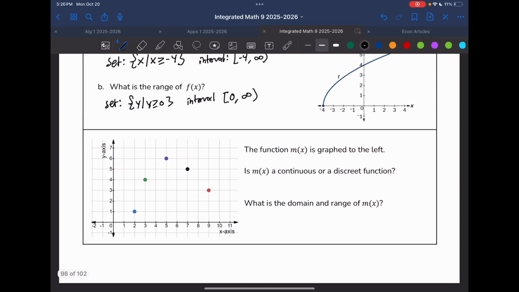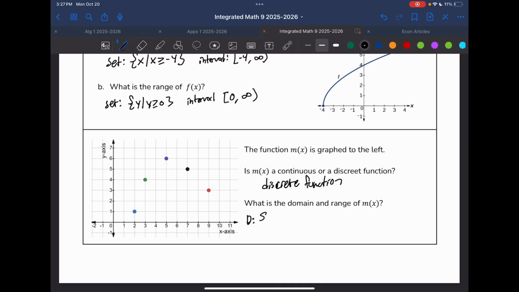Okay, now down here, we can tell that this is a discrete function. And we know it's discrete because it's only defined at these points, right? It doesn't say that it's defined between those points. So we're going to assume that those are the only points for which this function is defined,